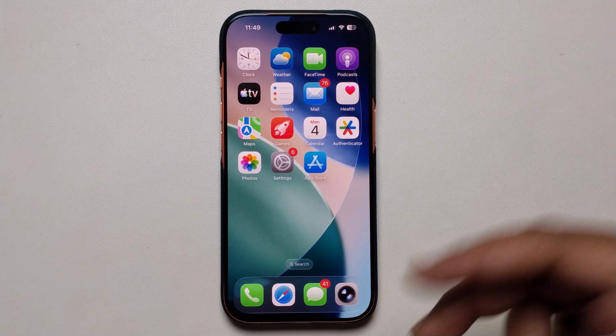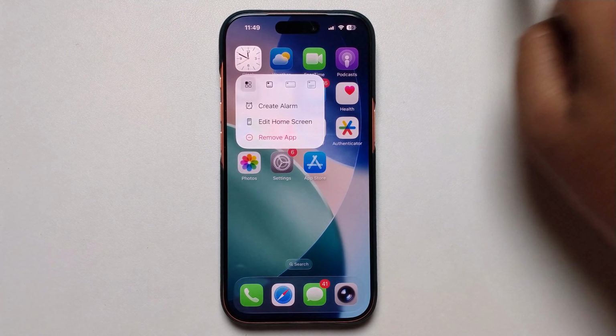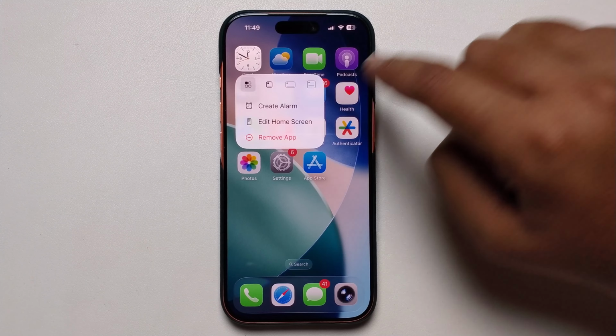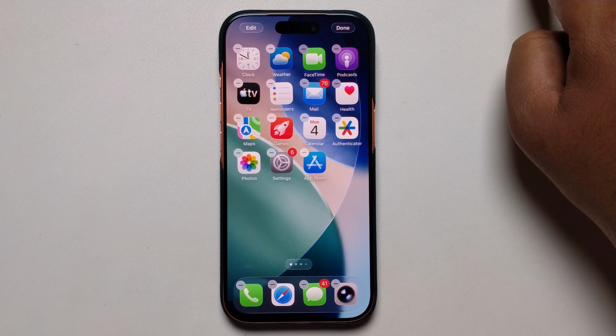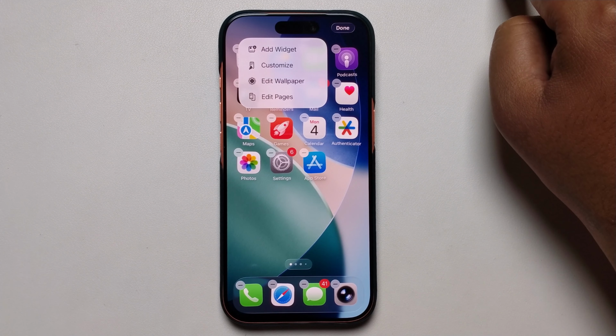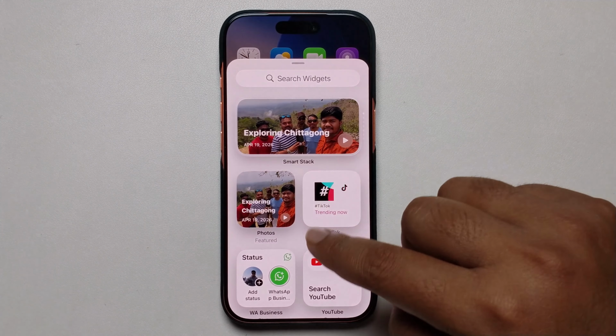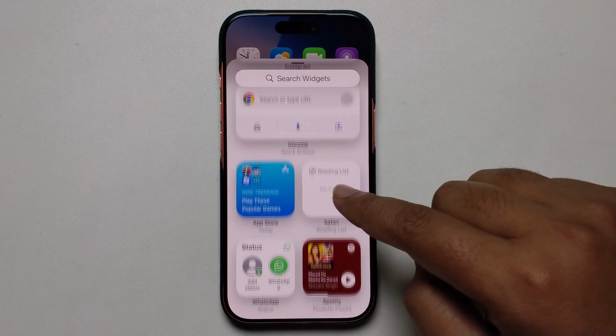Okay, or if you want to change the style, long press, click on edit home screen. Okay, press on edit to add a widget. Select clock,